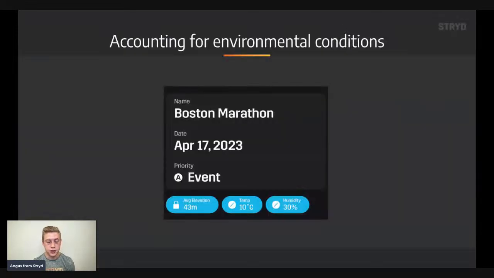The next factor, as we just talked about earlier with the Boston Marathon, is you can account for environmental conditions such as elevation, temperature, and humidity. And of course, this can change wildly before race day. You don't know what it's going to be. So you always want to check what's going to happen on race day, check in the days leading up to it, and put that into the race power calculator and see how that impacts your expected power target